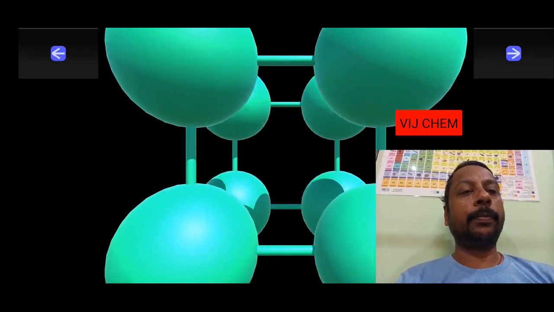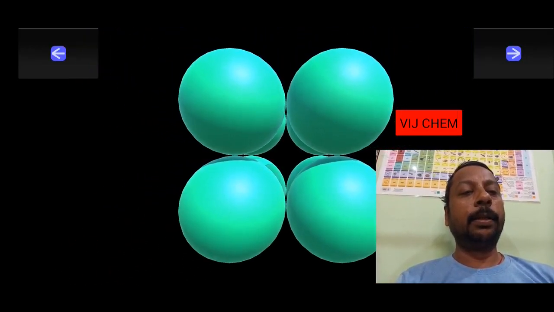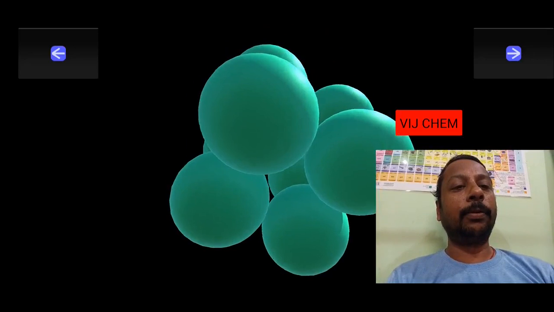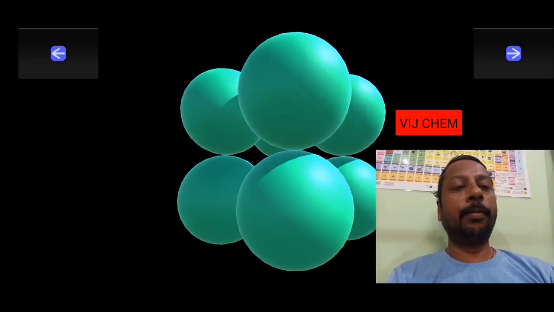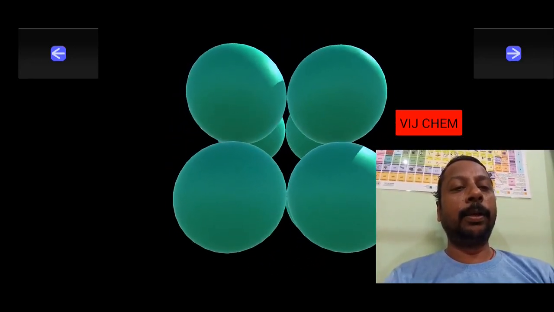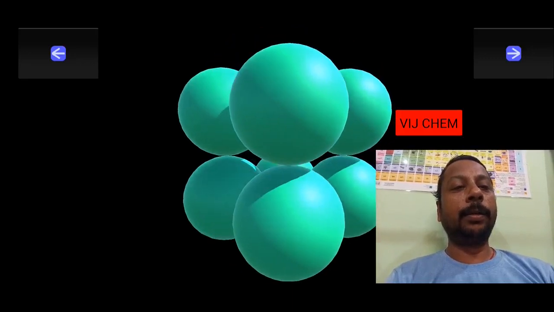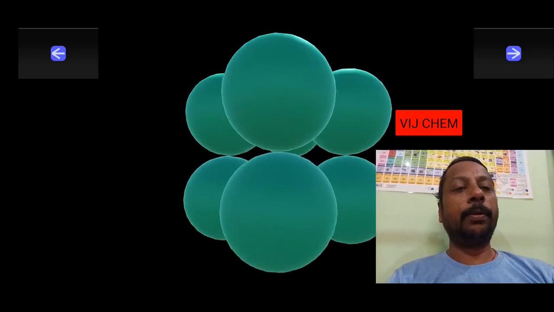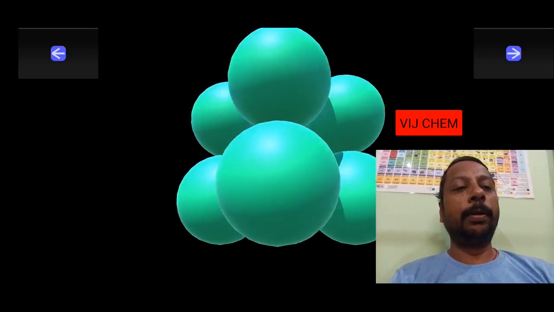Okay, see, zoom, they are very close like that. There won't be any gap. Okay, so this actual shape will be like this. But what you see in the books is as seen before. That is not to make you a fool, it is only to make you understand. Still there is some gap. Okay, so this is the simple cubic unit cell. Simple cubic unit cell contains a total of 8 lattice points.